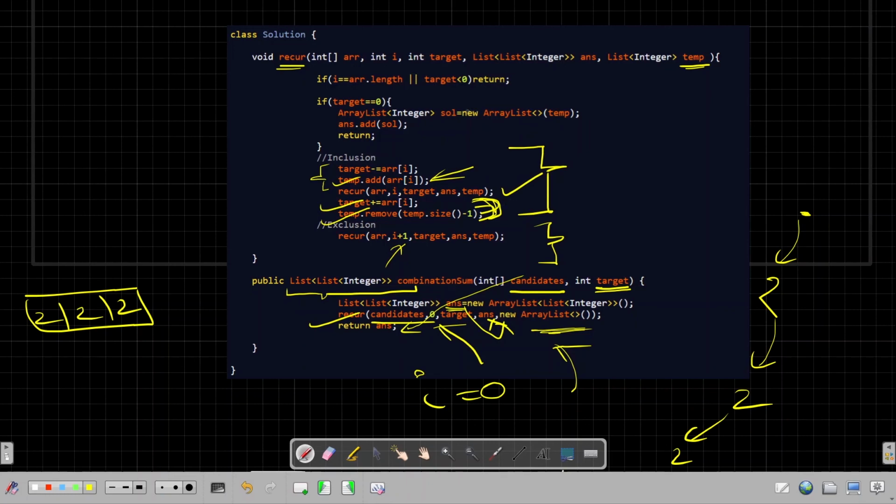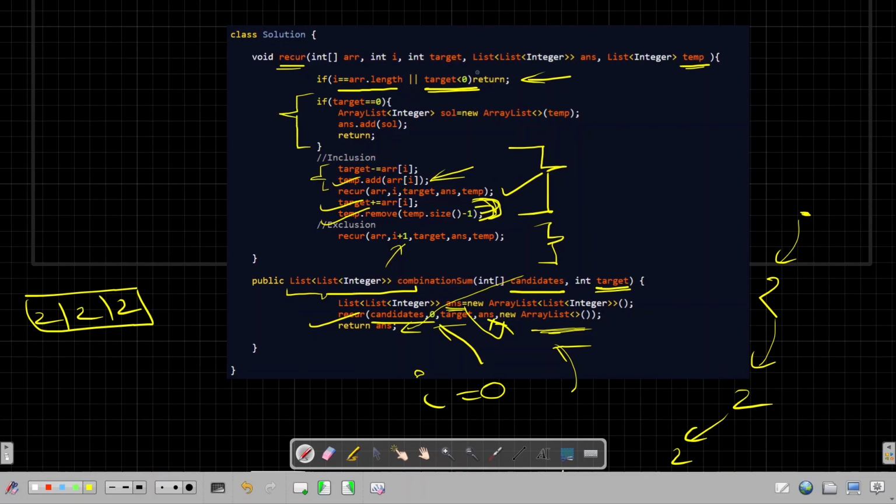So let's now move to the base conditions. If I is array.length, that is I hit the end of the array, or target becomes negative, both of these are scenarios in which I won't be getting a valid combination. So I am returning from this recursive backtracking function. There is another success case when target becomes 0.